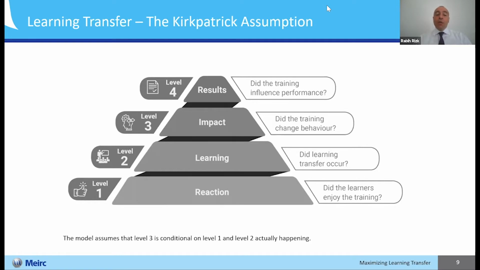So how do we ensure the change in behavior is related to how we ensure that we are retaining the learning that we are acquiring in the classroom? So having said that,